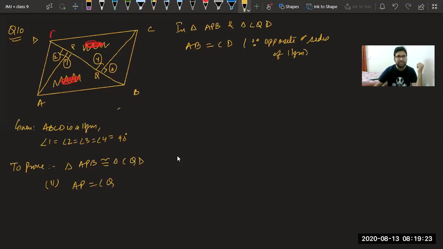Second thing we can say is, what do you say, perpendicular. Yes, angle 4 is coming, angle 1 is coming in the triangle. So we can say angle 1 is equal to angle 4, both 90 degrees. Now tell me the third thing. Class, tell me the third thing. AB equal to DC, but it is already done. Tell me the third thing. Rudra is saying D equal to B.